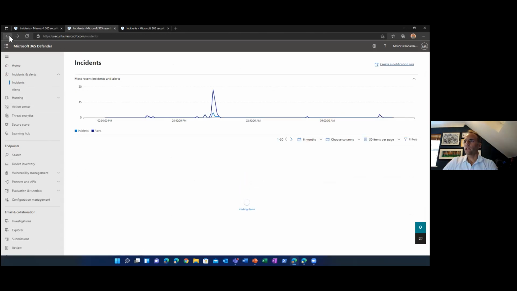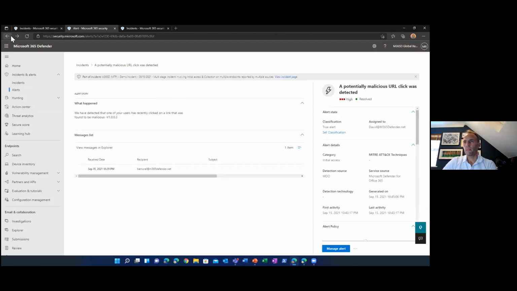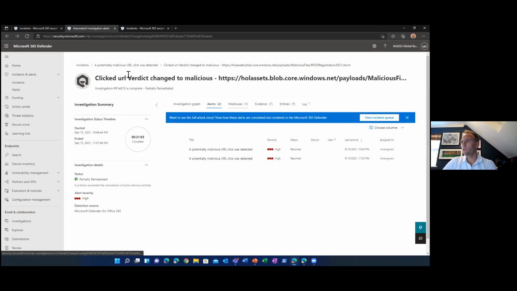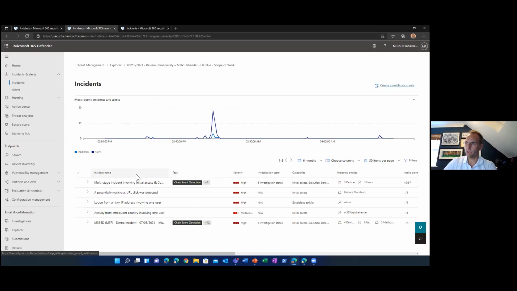Let me just go back to that incident. And go back to incidents again. So we figured out that there was an email that came in. There was potentially a malicious URL that was clicked that then downloaded a file, which then executed on that endpoint that was picked up by Defender for Endpoint. So we can start to have a look at,